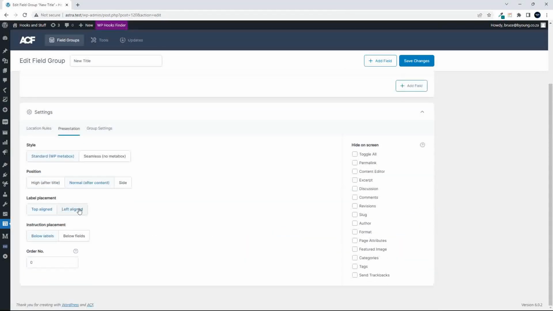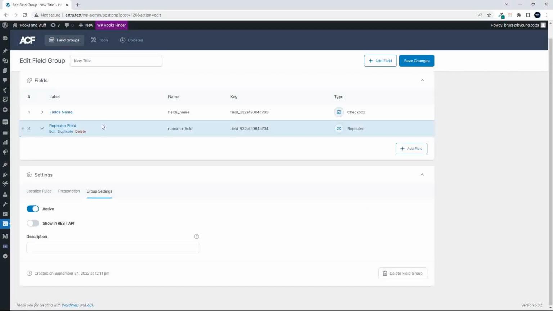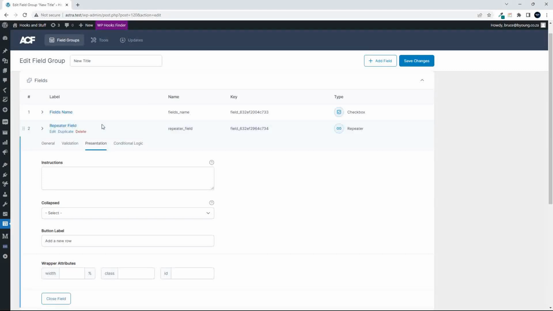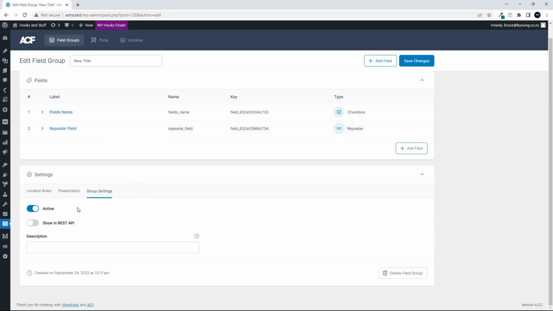Presentation here, you can see you've got where to appear on the page, top aligned, left aligned, high, high off the title. So that's pretty standard. And then where to hide it. That's great. And then you have group settings here, and the group settings. So sorry, down here,